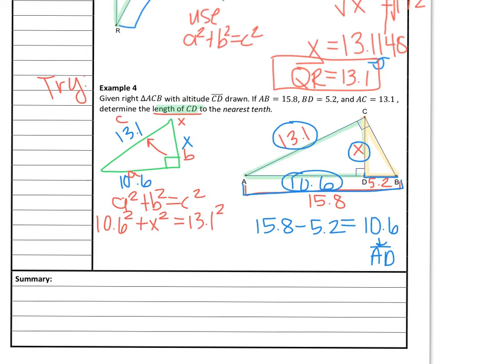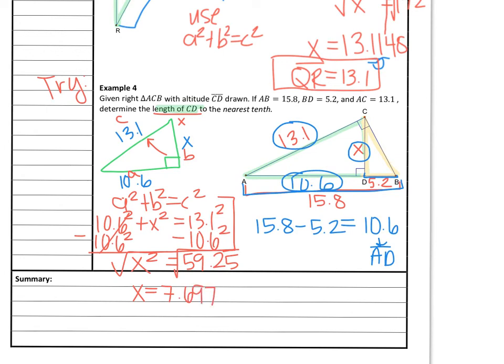So when I square 10.6, you could even do it like this. So you could do 13.1 squared minus 10.6 squared. Those cancel out and do minus 10.6 squared. Put this whole side right into your calculator, and that'll kind of save you some steps of individually squaring them. So when you subtract, your answer is automatically going to give you 59.25. So that will all go into your calculator as one step. And then square root both sides. And we end up with x equals